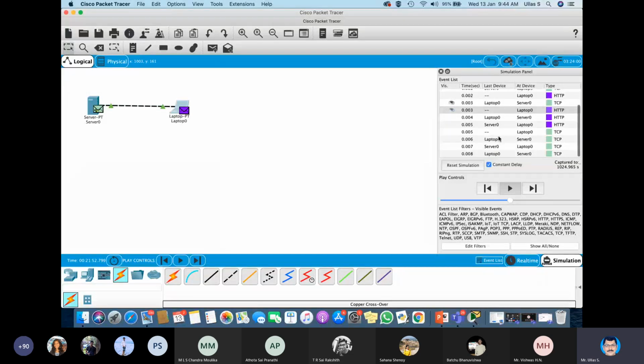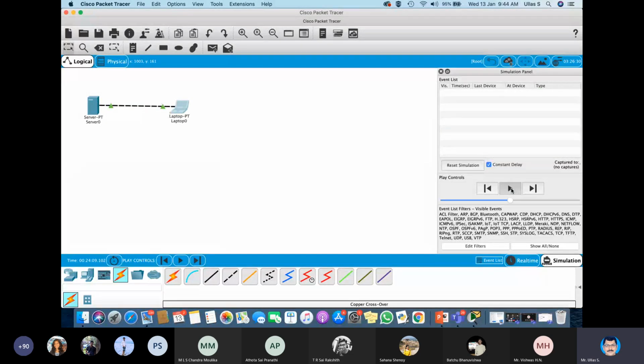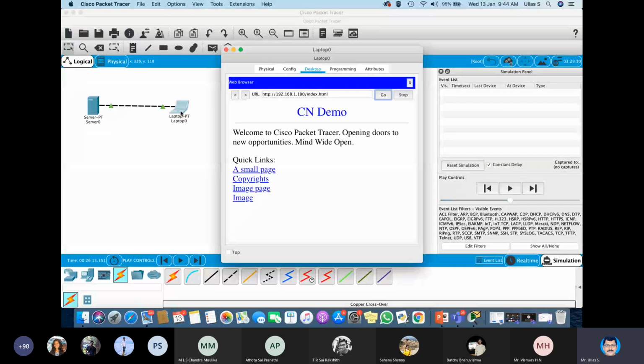Now, please go through that. Click on that box and try to understand. Now I'll give HTTPS, and I will click on reset simulation. When it is empty, I'll just click on go. So the first packet is ready now. I'll click on the play button here. So the request will go.